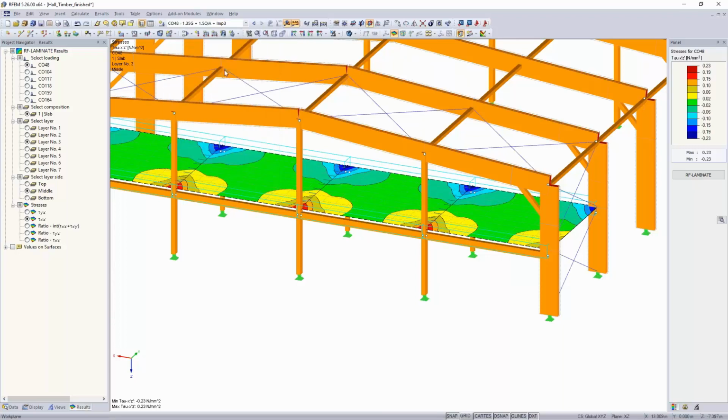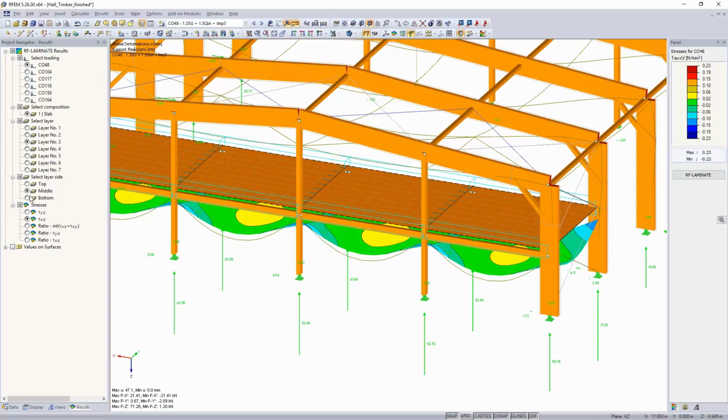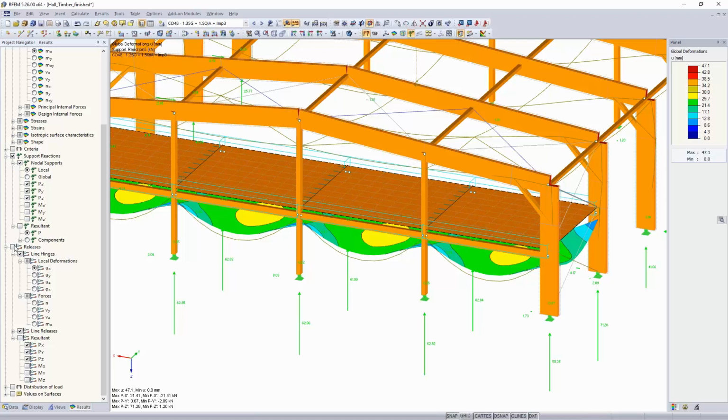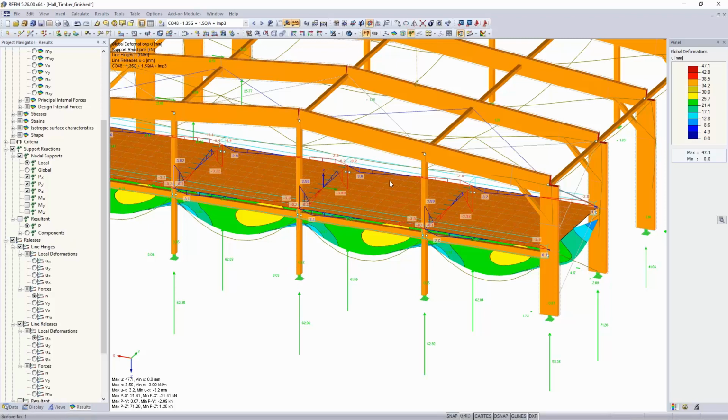48, 48, there it is. And here in the result you have down below the option releases, and there you can see what normal force you have in the line hinge. Okay, that's not so interesting here, I think,